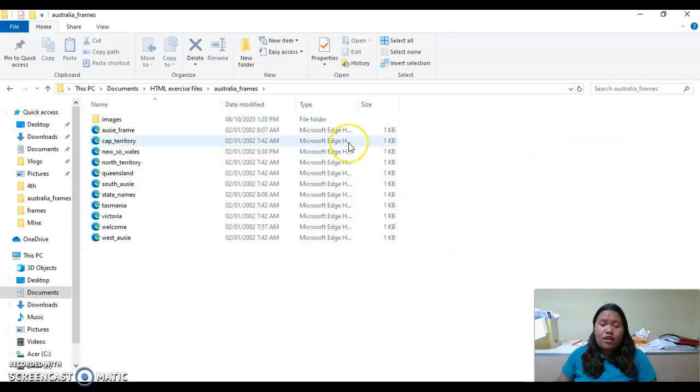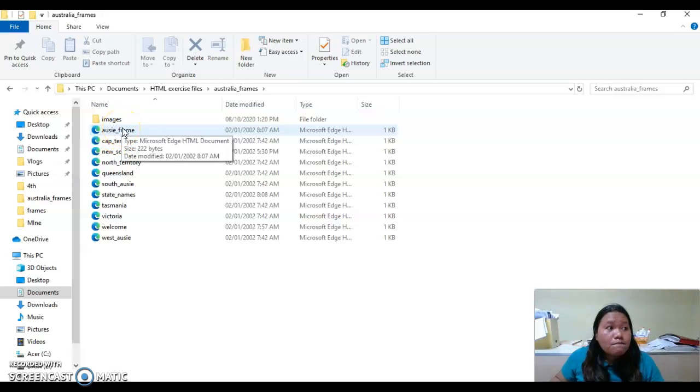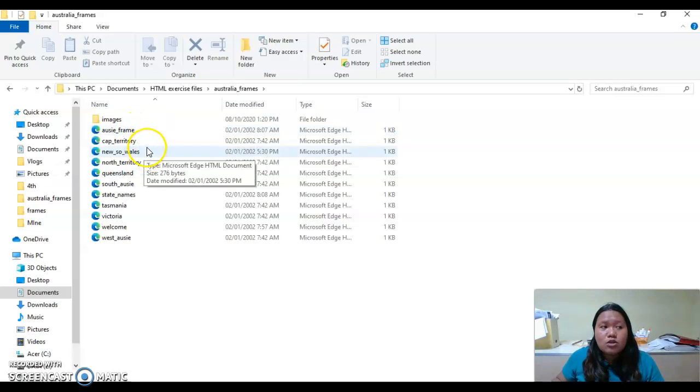So Australia frames. This is an example of a website sample wherein they use links at the same time with frames. As you have observed, I have here the different web pages or HTML files. I have Aussie frame, cop underscore territory, New South Wales .html, right?